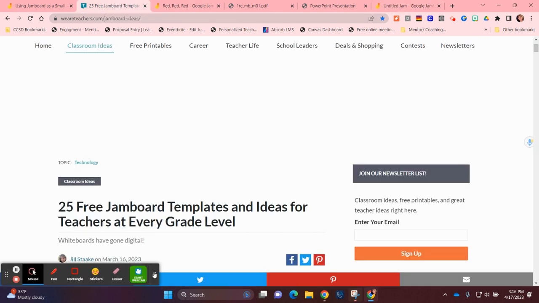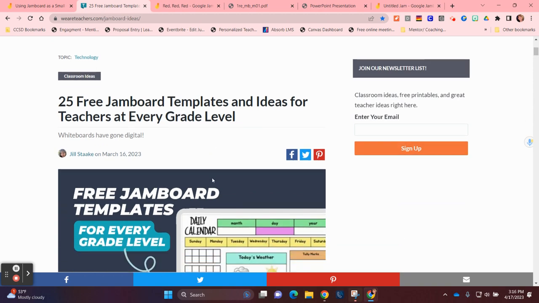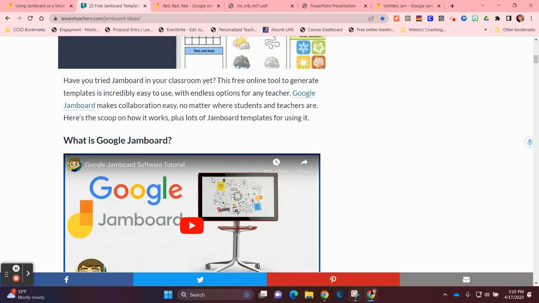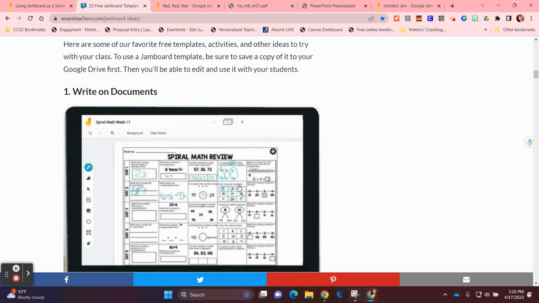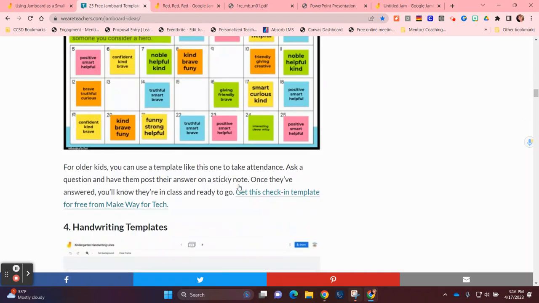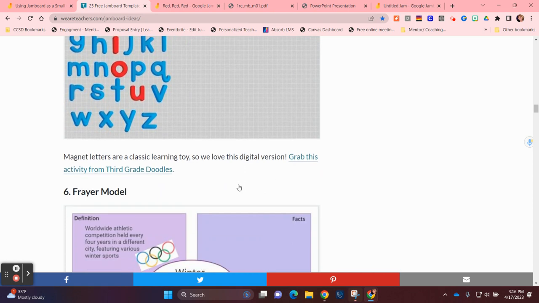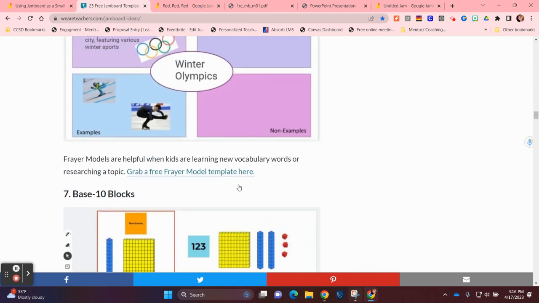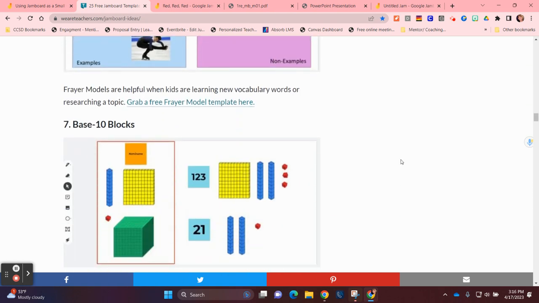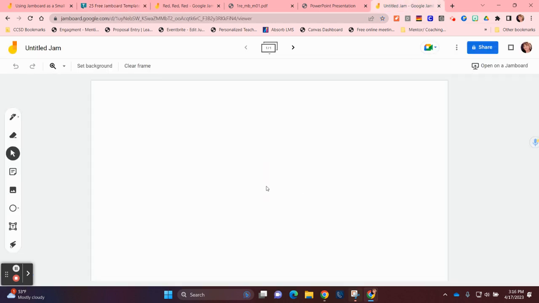I did a Google search, opened one that has 25 free Jamboard templates and ideas for teachers at every grade level. And you can see there are so many that you can find, such as magnetic letters, morning work, base 10 blocks. The sky's the limit with Jamboard. However, if you want to start with a blank one and you have something in mind,